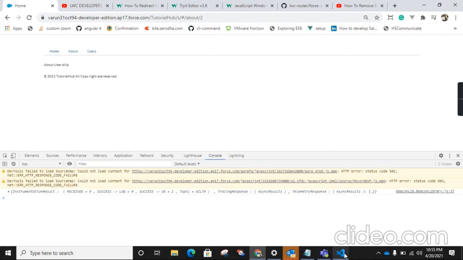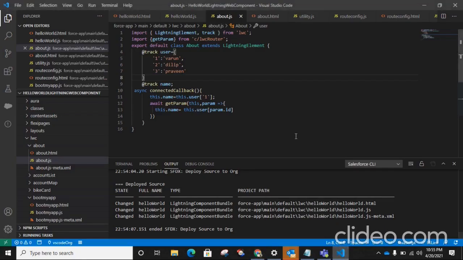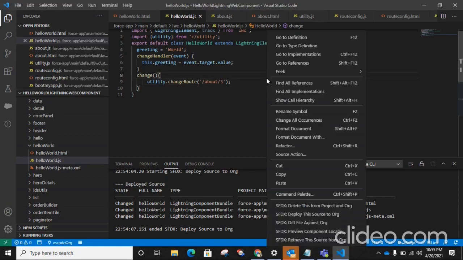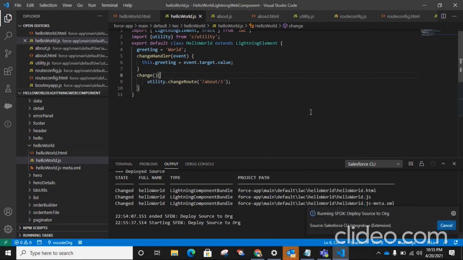Delete. So we were passing ID 2 from the hello world component like this. So you can pass any ID, like 3, to get specific data based on the ID. So like this, you can use a parameter in the routing.